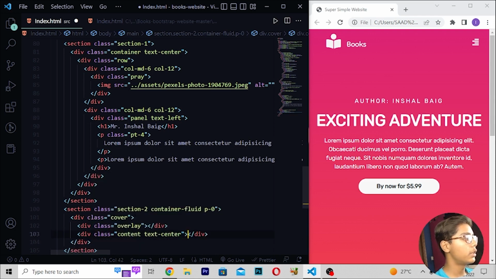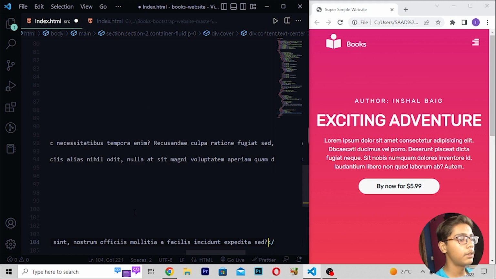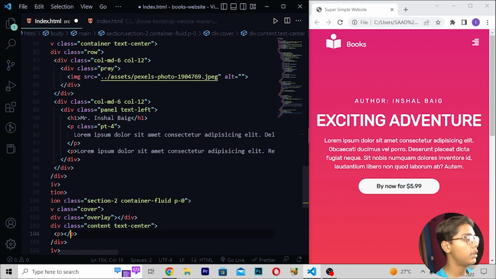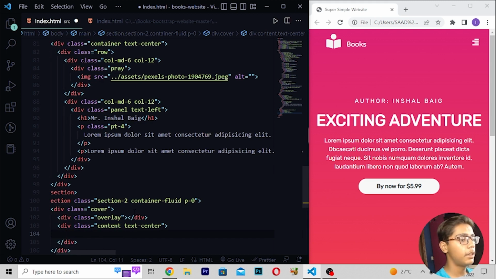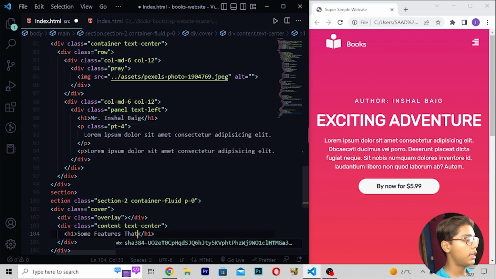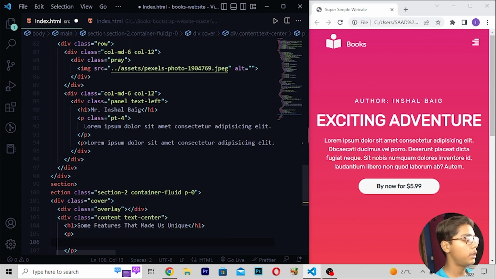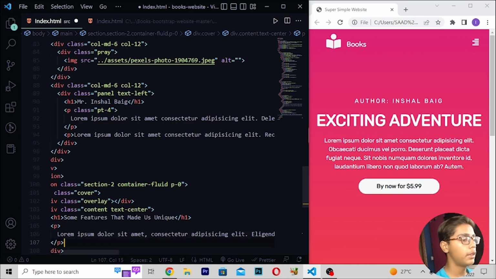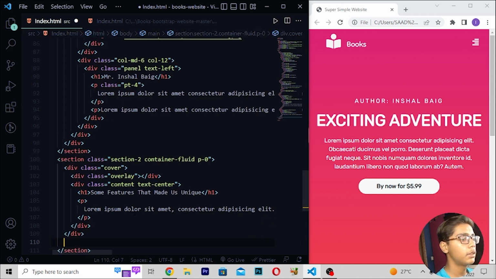Then you have to just do one thing. Here I'll be writing p tag, write lorem ipsum here. Then when you just written this, here Control Z. Then here I will be now writing in this text some features that made us unique, like this. Then when you've written this, I'll be moving down, right here p tag and write lorem ipsum here. Now when you've done with this thing, just here we have to move under two divs and then right here